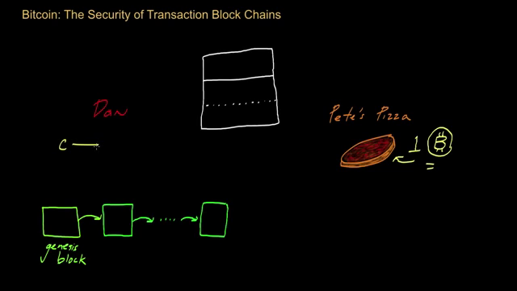So maybe Carol, who I'm going to label by C, gave to Dan 5 Bitcoins, which we can label as a B with a circle around it. And he wants to use one of these 5 Bitcoins to buy a pizza from Pete. And so what Dan's Bitcoin client will do is create a transaction record that includes information about how Dan got these Bitcoins. So in this case, it includes information about this transaction between Carol, who we've marked by C, and Dan for 5 Bitcoins.